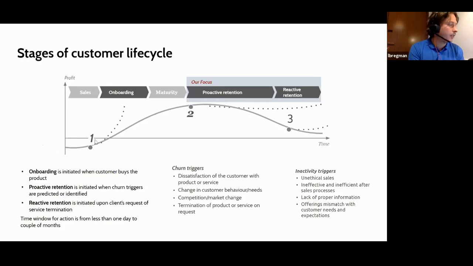Then he converts to an actual customer at some point and starts to be profitable and bring some positive profit to the company. And then he stays for some time, and at some point, with the passage of time, his profitability from this customer starts to decline. And this is the first alarm when we want to predict future churn.